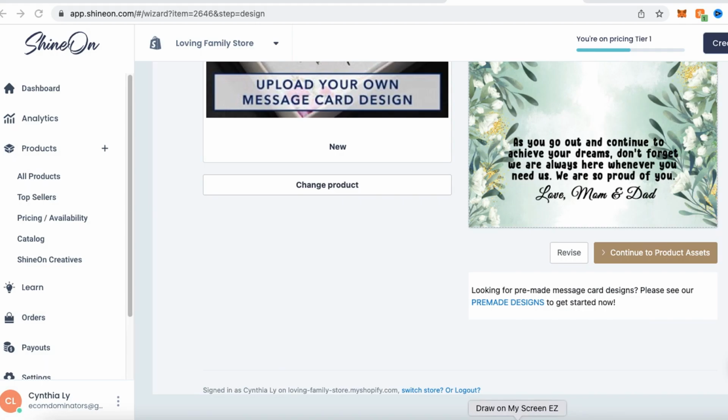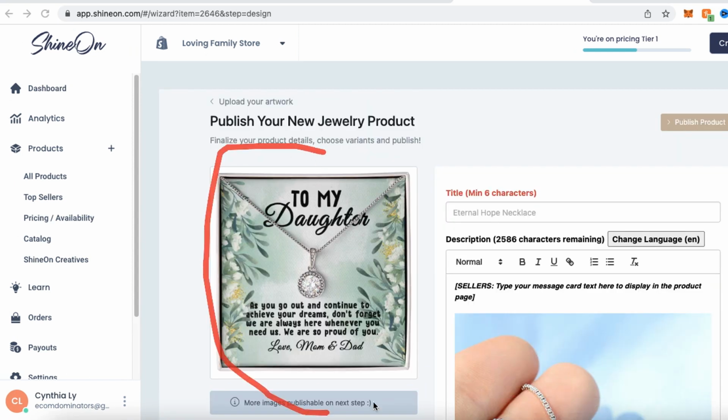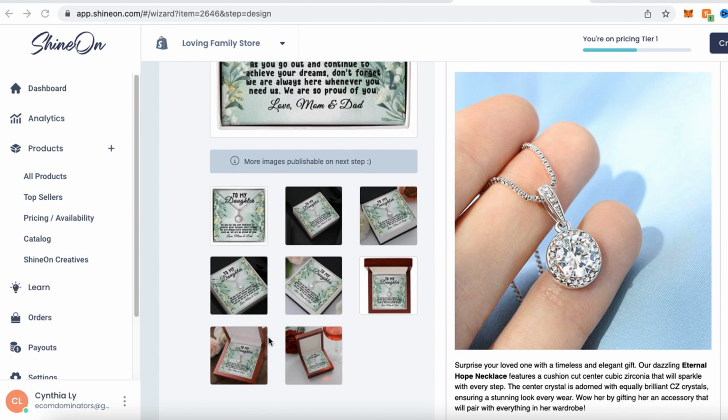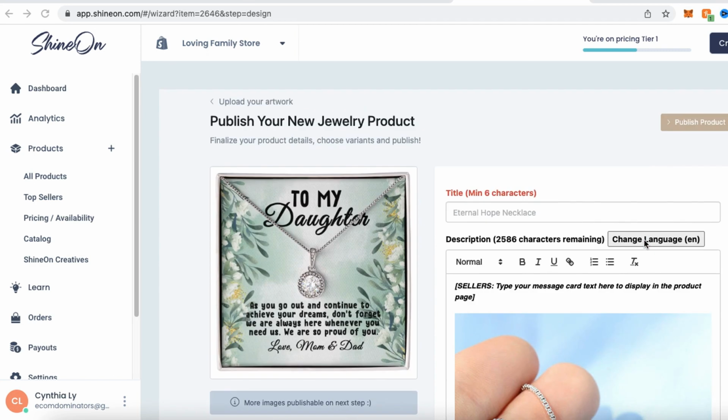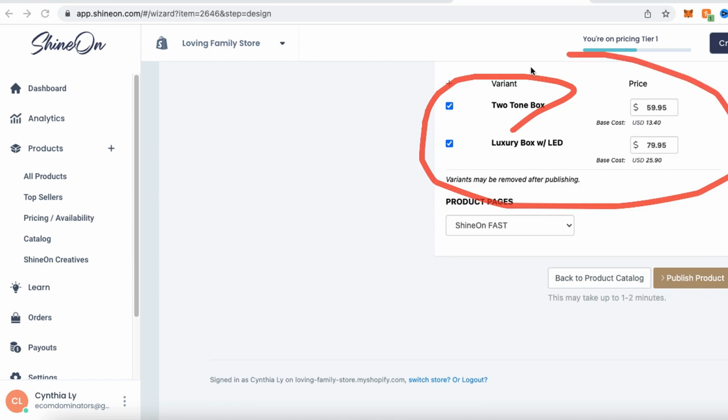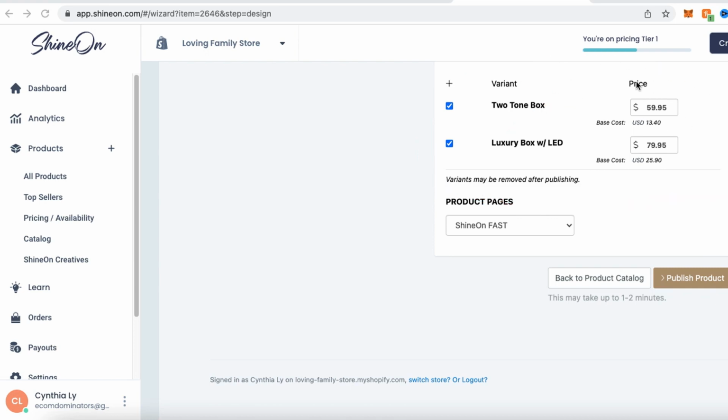And once it's finished uploading, go ahead and click on continue to product assets. And I will actually give you a preview of how your design will look with the necklace. So I think this looks pretty good. Again, they're going to give you different mock-ups for your Shopify store. I'm going to go ahead and input a title. You come down here, you can actually adjust the pricing over here. So for me, I just like to keep the pricing that is suggested by Shineon, and then I'm going to